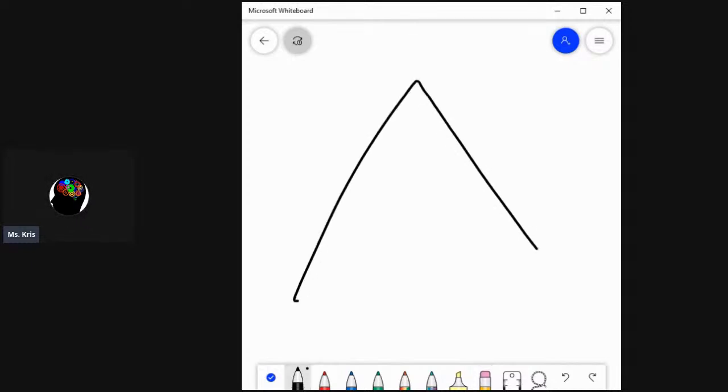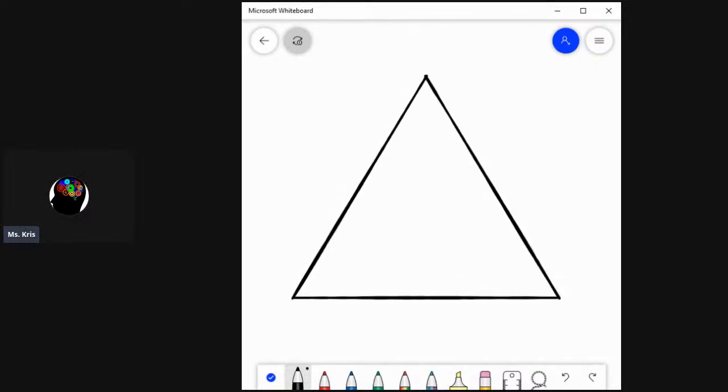So, say for instance, you have a ray that bisects triangle TWV, and the ray